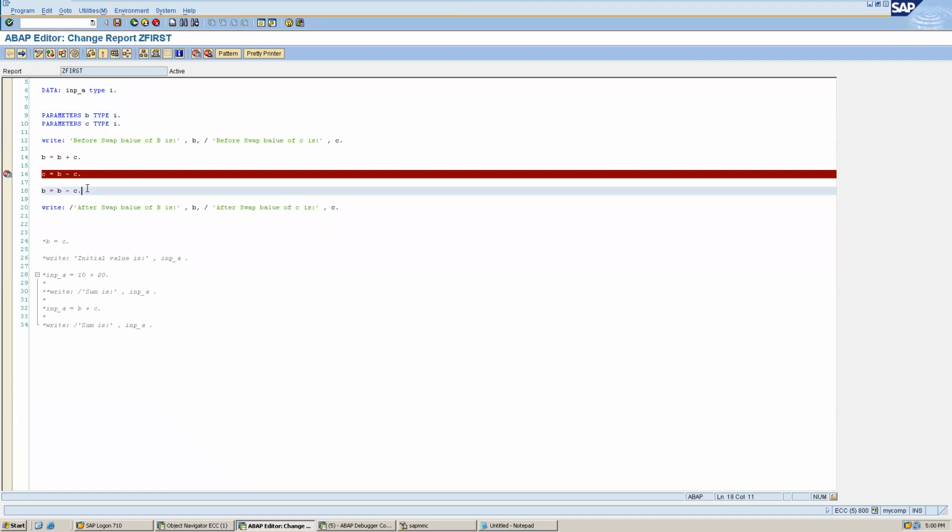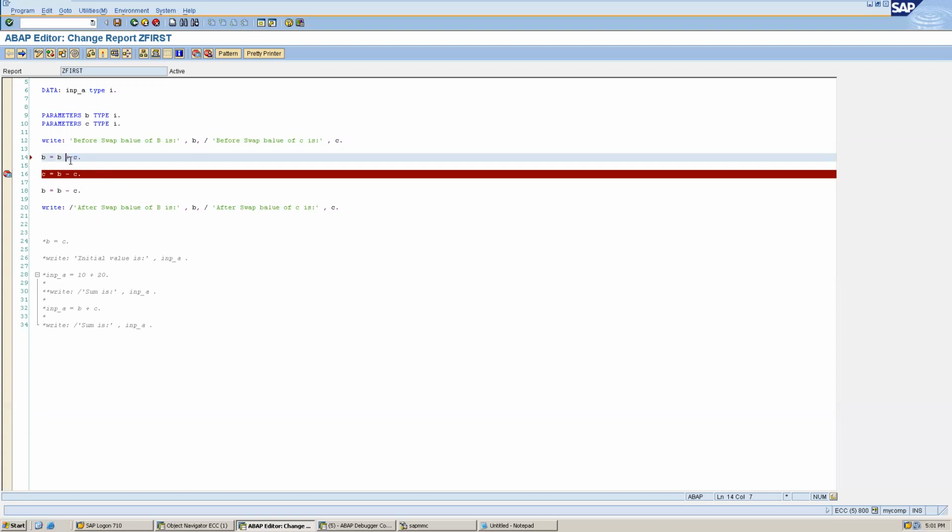Okay, thanks. I was trying the same calculation, but I'm getting a syntax error. Either you have not put the spaces, for example, or anything turning red means something is wrong.